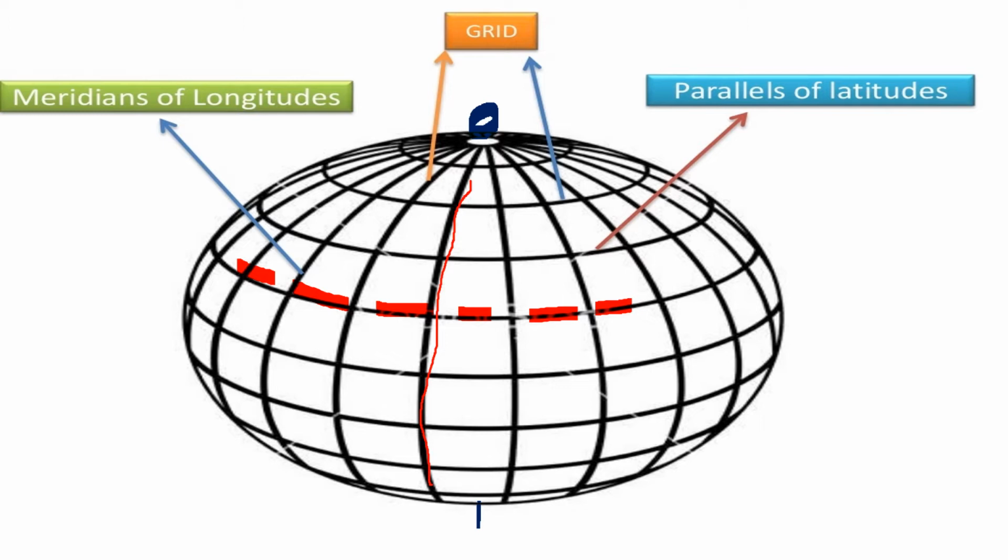Now the place where the latitudes and longitudes intersect each other, they cut across each other, they meet each other, is going to be the point from where you can locate a place. You can pinpoint the exact location of a place. So when you have a series of latitudes and longitudes, which are all imaginary lines drawn on a globe, they are called a grid. They form a grid.